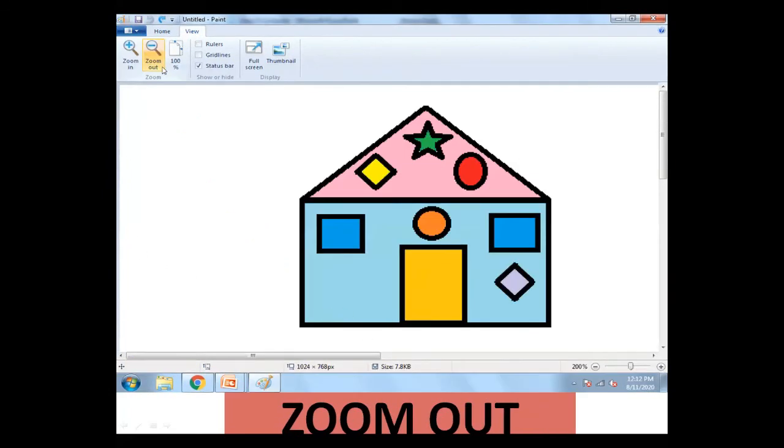So the zoom out option is used to decrease the size of the image. Now you can see the size of the image is decreased by 200%.